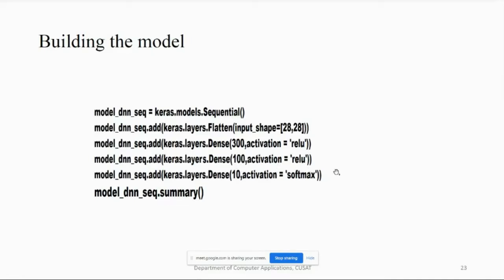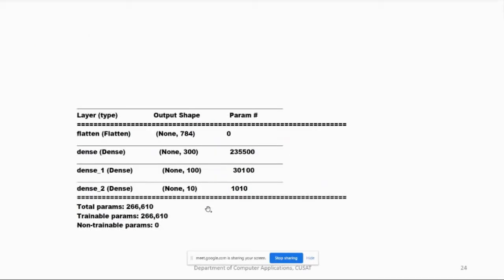So in that case, a more complex model is generated compared to this model, because in that model 3 different hidden layers are there. How many hidden layers, how many neurons in each hidden layer, and all these things are decided by the users. So the number of hidden layers, the number of neurons in each hidden layer, and all these are hyperparameters of the model. And when we use this particular statement, model DNN seq dot summary, it will print information like this,